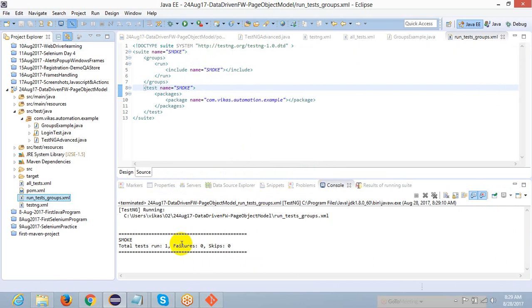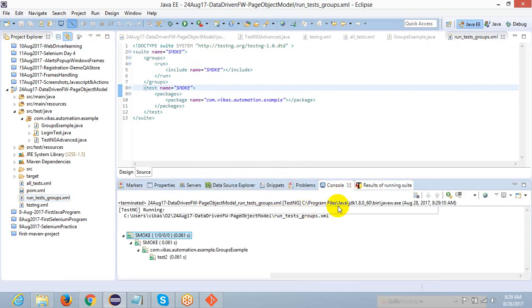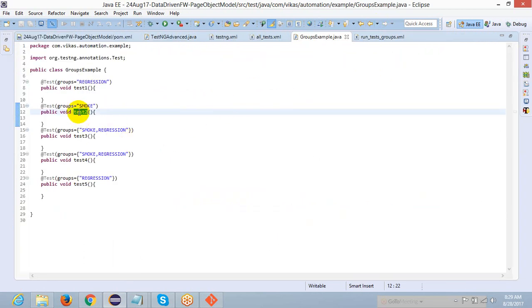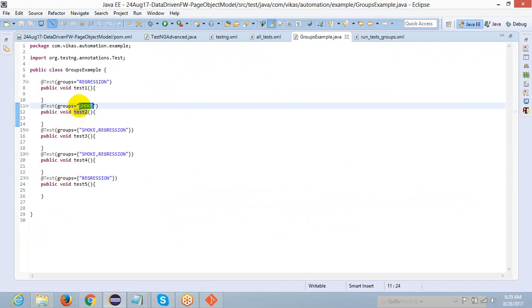Okay, there is only one test case which is belonging to the smoke group. So see, which is that, this is test case 2. So only one test case executed, test case 2, because it is the only test case which is belonging to smoke. Now I wanted to say that include test cases from smoke